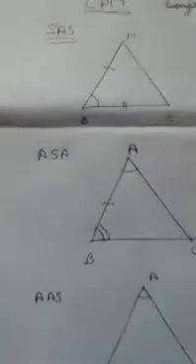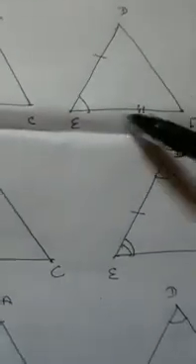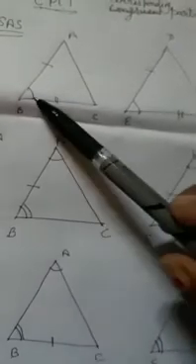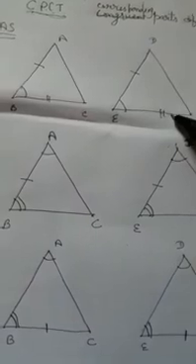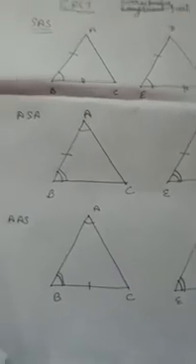Okay. So now we will do the first criteria, that is side angle side. What is side angle side? No need to do its proof. You are given a triangle ABC and another triangle DEF. If AB is equal to DE, included angle B is equal to E, and BC is equal to EF, then we will say that these two triangles are congruent by side angle side.